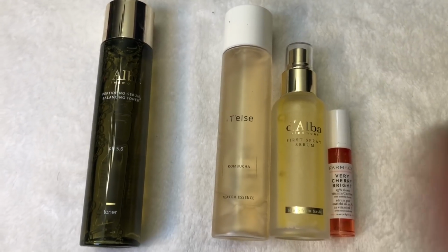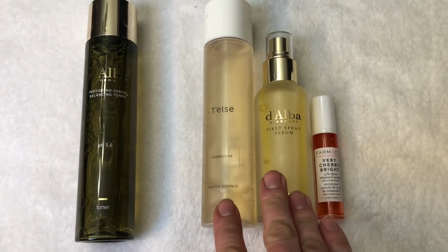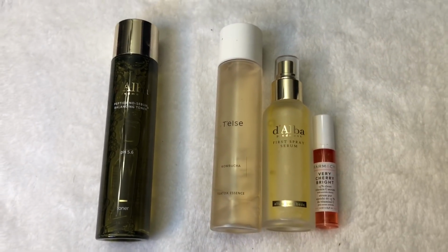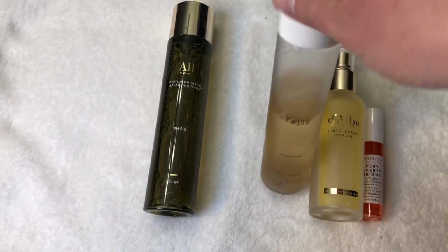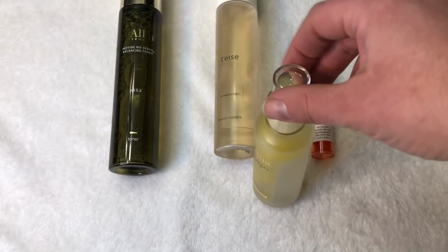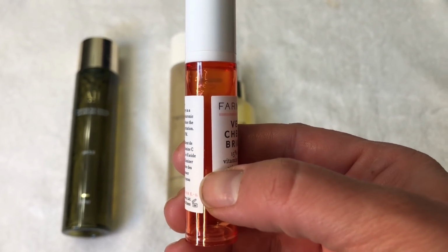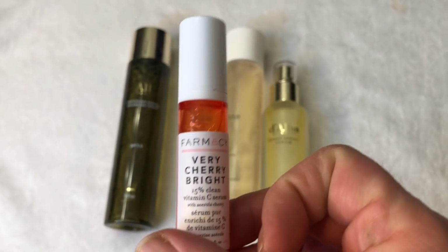And I'm left with this toner and these 3 serums, 2 of which I received for review purposes and 1 I bought as a little sampler set from pharmacy. So yeah, this category has been a huge success for me. This is an essence, but I kind of consider it a serum and it's already about half gone. This serum is pretty much brand new. I used it enough to write up a review, but no more. And then this is the one I'm currently working on. So it's up to about here now and it's an airless pump, so it goes up as I use it. And by the way, this does not smell anything like a cherry,